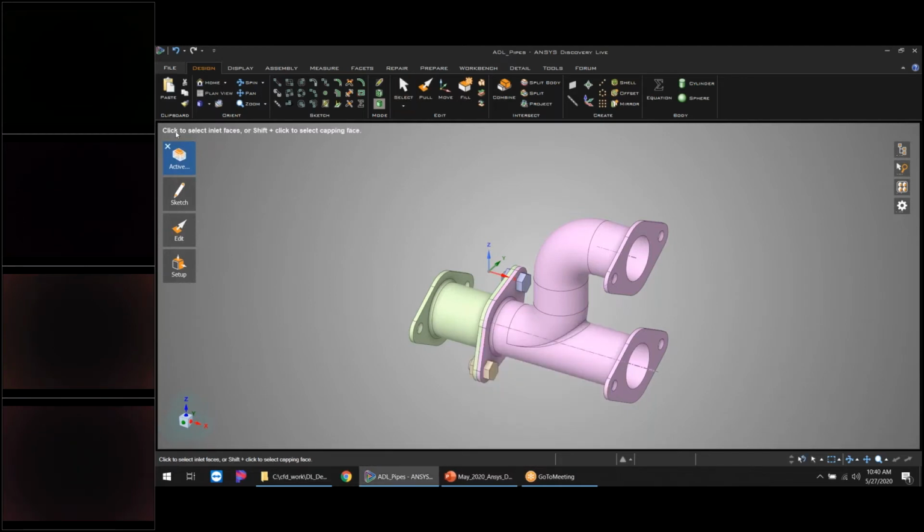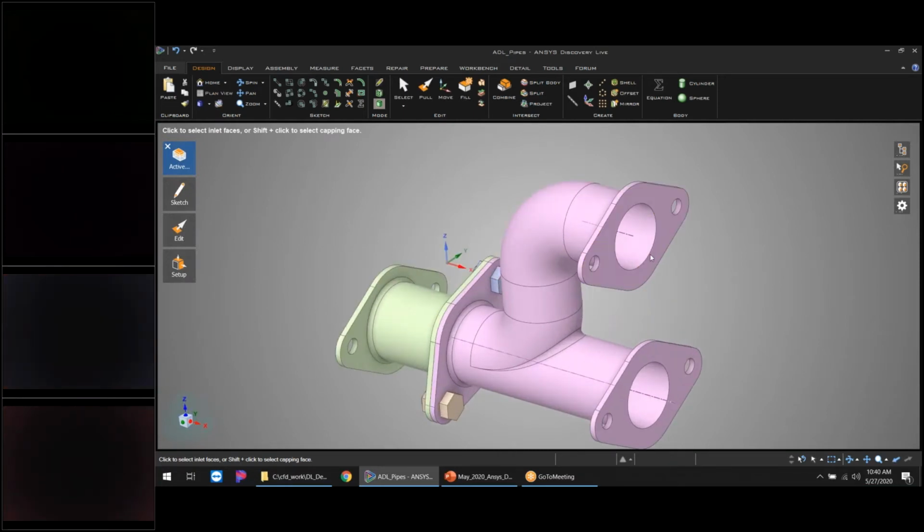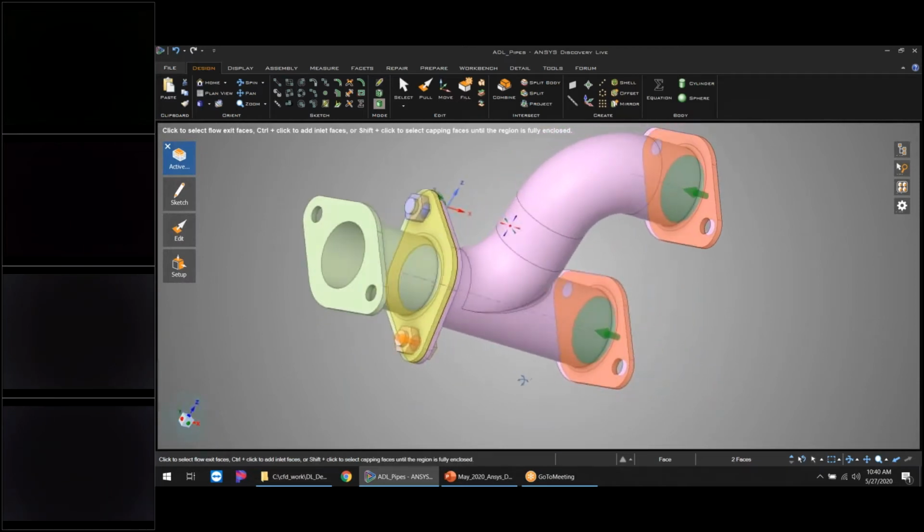And now in the upper left-hand corner, you can see it's prompting me to select the inlet face. And so I'm going to select the inlet faces. I've got on the right-hand side my inlet, and on the left-hand side, I'm going to have my outlet. And so all I'm going to do here is basically tell Ansys Discovery Live exactly where to put those. And if I just hover over this face right here, you can see it gives that green arrow at the center, and I'll say that is one of my inlets. And I'm just going to hover over this one at the bottom, and hit Control to toggle that I want that to be an inlet. And I'm going to come over to my outlet, and I'm just going to click on that.